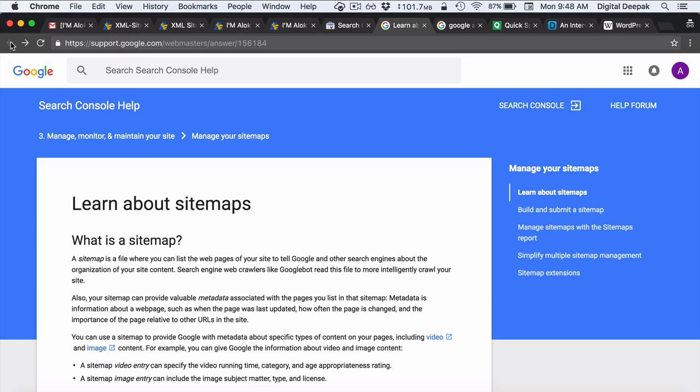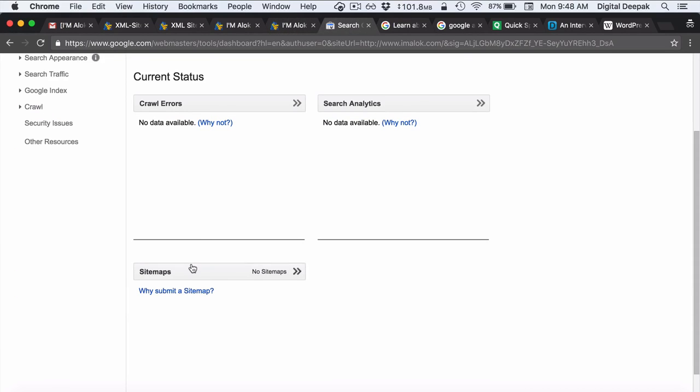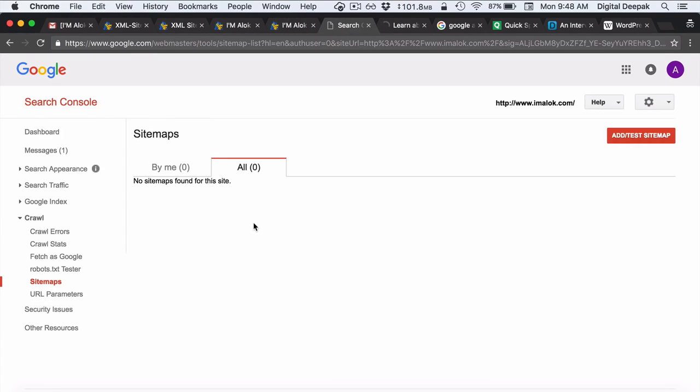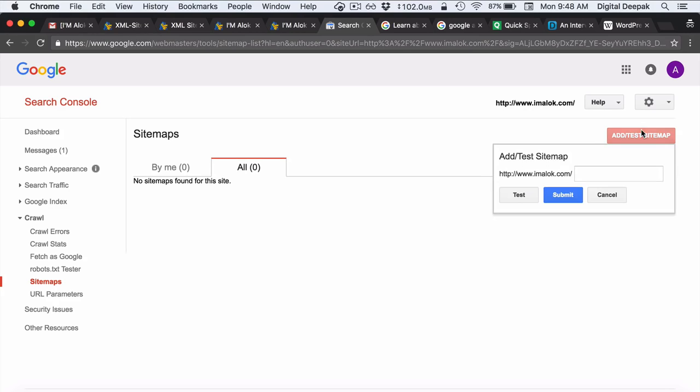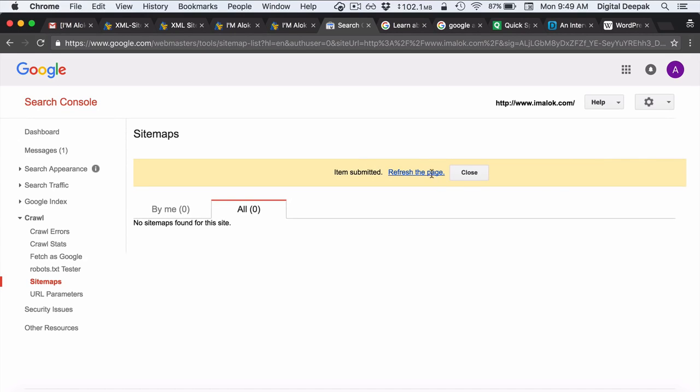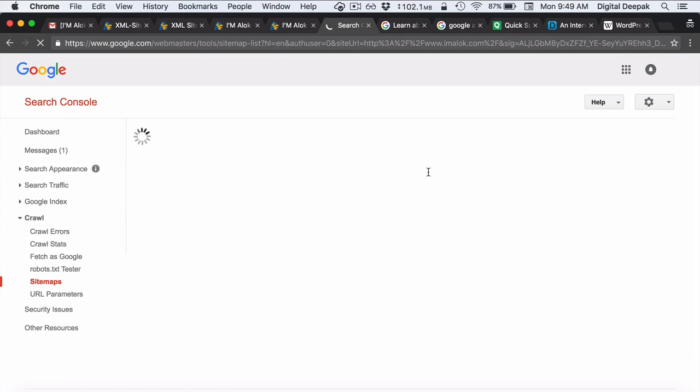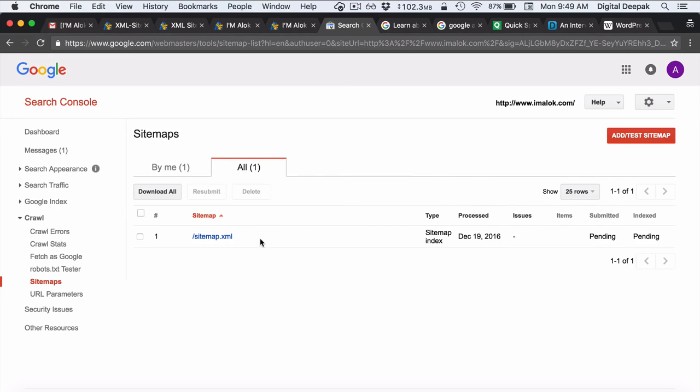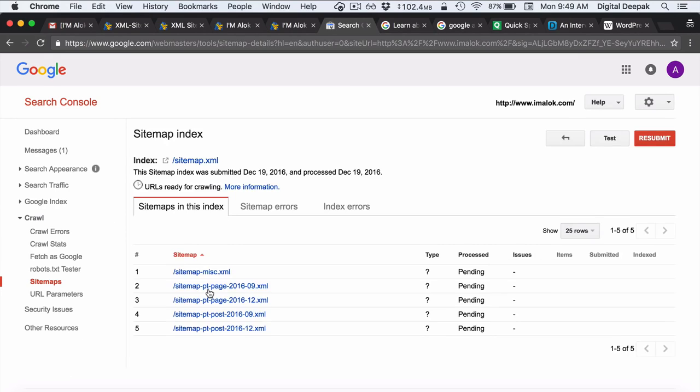Sorry, it's not this place. Go ahead, click on this link and click on add or test a sitemap. It says iamalok.com already, so just remove this and click on submit. Refresh the page. So this is the sitemap. We have submitted the sitemap, and it will take some time for Google to crawl all the